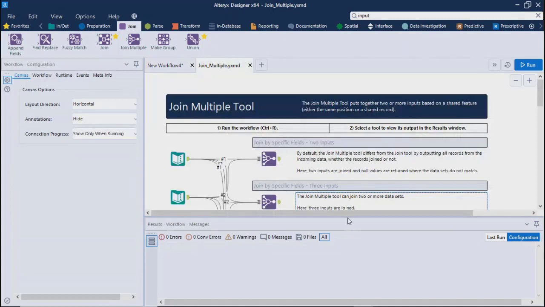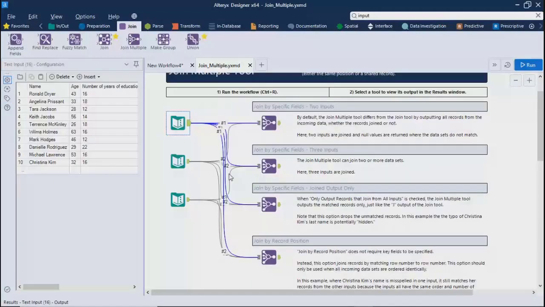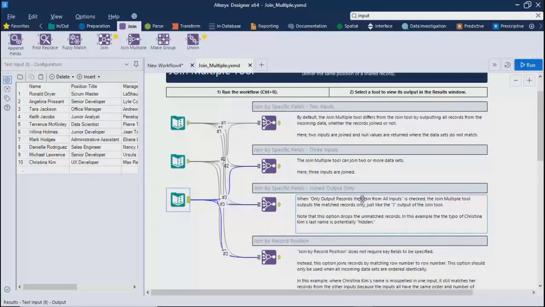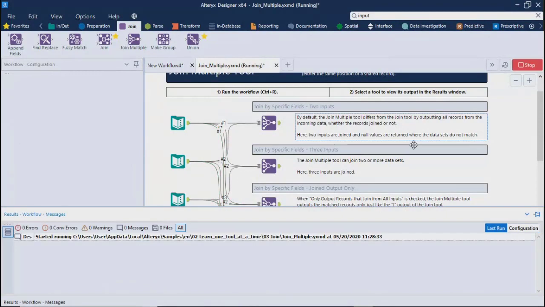Anytime you want to explore or run one example, you can go ahead and see first of all what settings they have used. You can see the data over here related to each input box. Then this is the dynamic, basically multiple joins. So on what basis they are putting this join: by specific field or join by record position. So these are the different components or properties they have set up. Just run this to see the results.